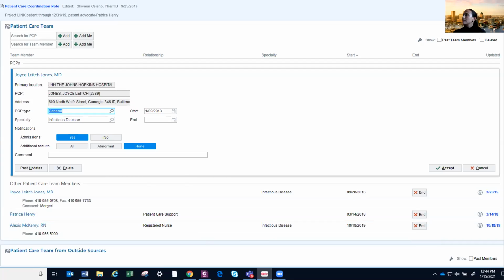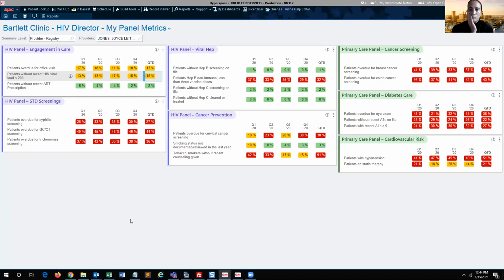All right, so I'm going to stop my share, and you can show more of what that looks like when you drill down. Yeah, so just to toggle back to the front page of the dashboard,